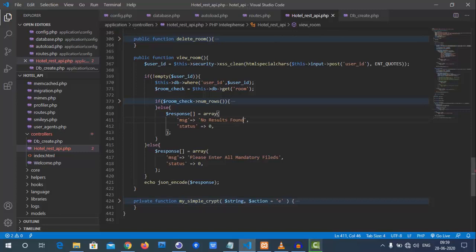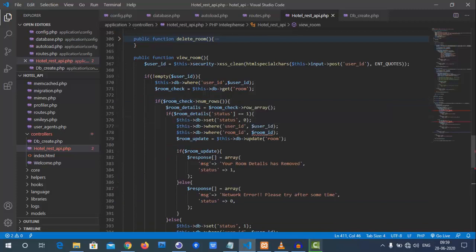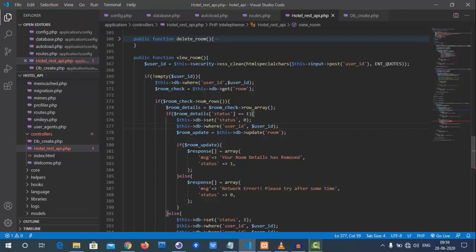That's it. Here you go with this, and we don't require all these things. We need to go step by step. So here is the result. If we have number of rows, then we'll get result underscore array, and that will be stored here in the room details.